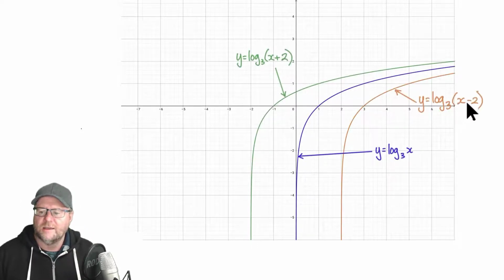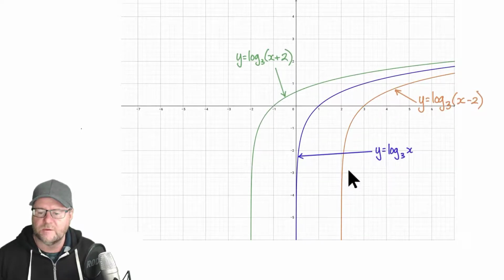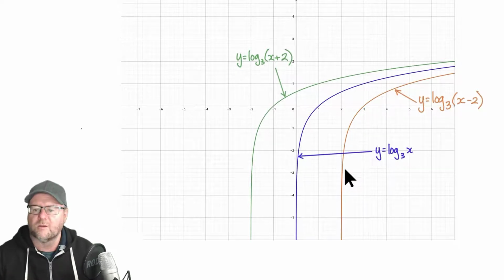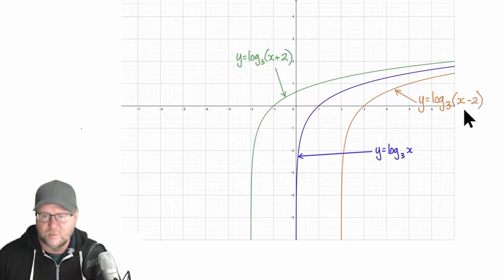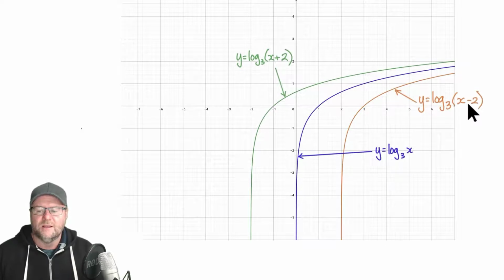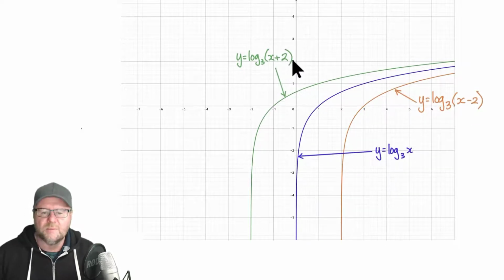If I have log to the base 3 of x minus 2, so I've got a negative in here, then my asymptote now will be at the point where x equals 2. And here it is, there's my asymptote. Because the bit in the brackets will be 0 when x equals 2, and that represents the limit of where my logarithmic function will not ever cross into the negatives, which we said we can't have in a log. So out of all that, the transformations are, and we'll do an example in a minute,